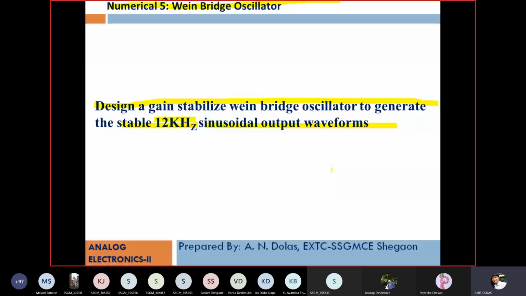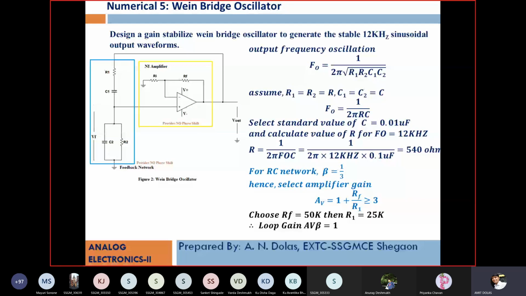Very good. So moving ahead, we will not wait here because later on the integrator and differentiator problems are there, which are quite difficult. Rather than saying difficult, some calculations are typical there. So not a single formula, putting values and getting the answer. So we'll spend time on that. So, gain stabilized Wien bridge oscillator.